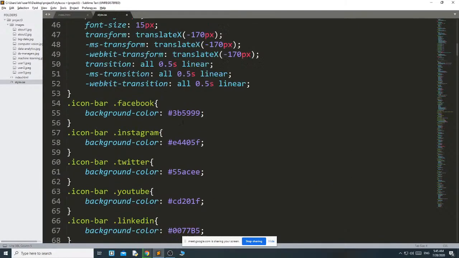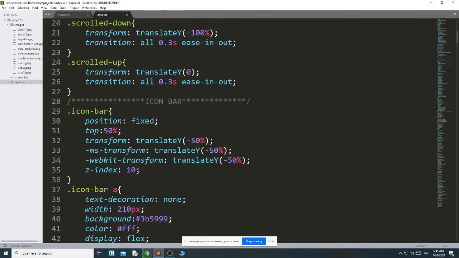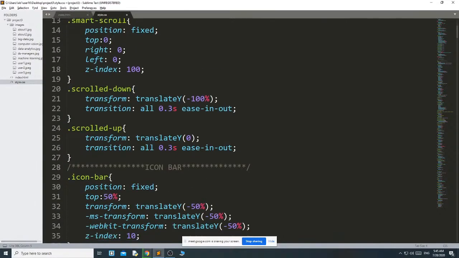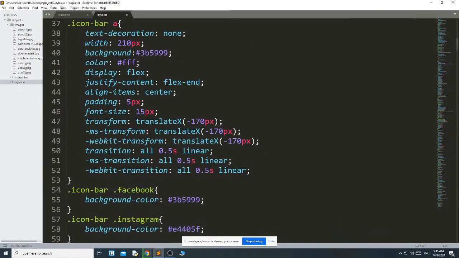I have used some icon bar color, let me show you.